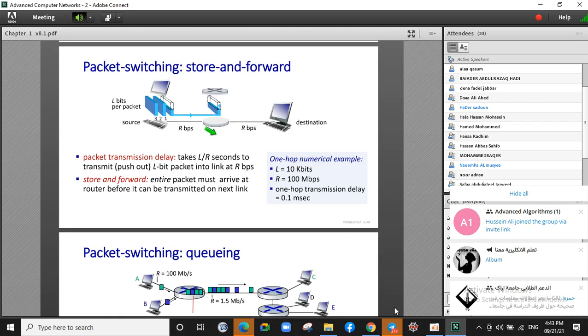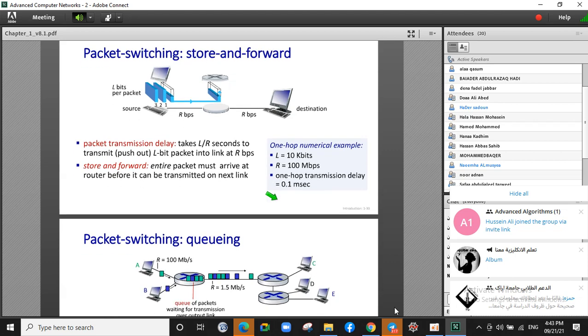Okay, this is for store and forward. For example, if I have a packet with length of 10 kilobits and a network with transmission rate of 100 megabits per second, the one hop transmission delay is 1/10 of a millisecond. This is the effect of store and forward, but